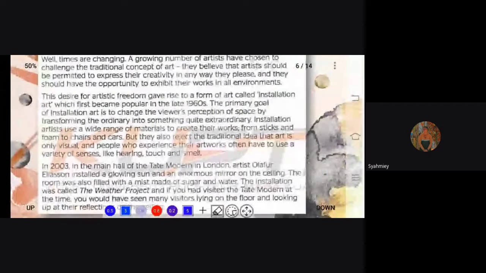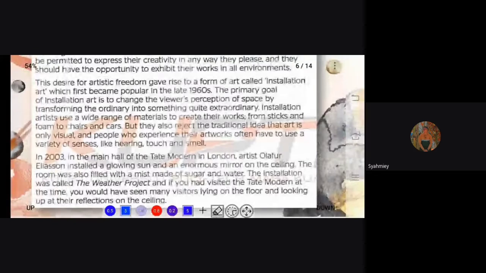Installation artists use a wide range of materials to create their works, from sticks and foam to chairs and cars. But they also reject the traditional idea that art is only visual, and people who experience their artworks often have to use a variety of senses like hearing, touch, and smell.